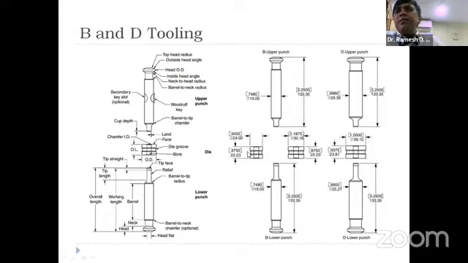The die cavity or die size is 1.5 inch in the D tooling and 1.18 or 0.94 in B tooling. In case of B tooling, there are two types of dies possible, B type and BB type. While in D tooling there is only one type of die, that is D type. This is required because we need to hold these punches and dies in a tablet machine, in a turret